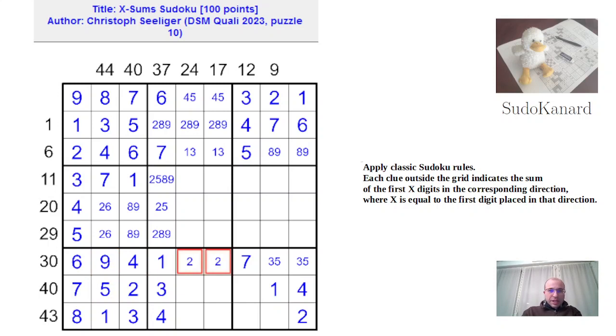Here I need 2 and 8. Here I need 8 by Sudoku. This is 6 and 9. This is 6 and 9 as well. And this is 5 and 7. So now,